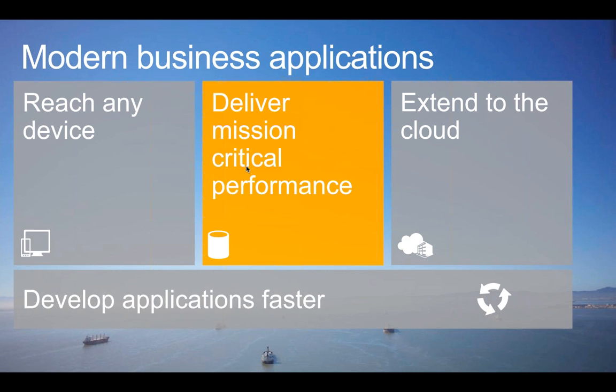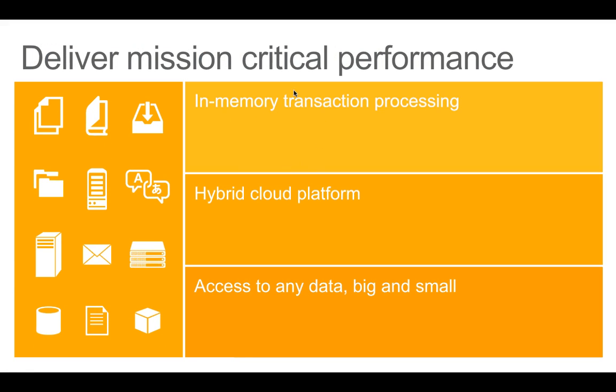So coming back to the next aspects in terms of how you deliver mission critical performance, this is where the benefits of Azure come in handy. There are in-memory transaction processing benefits that you get in building hybrid cloud platforms, marrying your on-premise and cloud capabilities in terms of compute, storage, and processing power. You are able to leverage the best of both worlds, what you have and the new capabilities in the cloud.